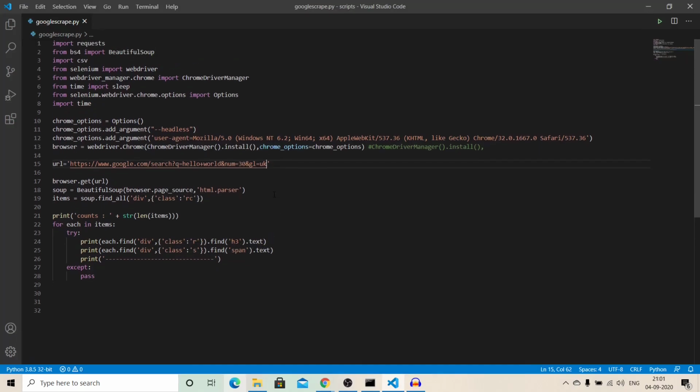I've written a partial script over here. We can optimize this as per our need. We have imported some packages over here. We are using Chrome options, and we want it to be headless, which means we don't want the GUI. Then we have an argument for the user agent, because we don't want the Selenium user agent, we want this particular user agent. Then our browser is ready. Once the browser is ready, we fetch the URL we have discussed. Then we use the Beautiful Soup package to parse that HTML source, and then we use this particular thing.